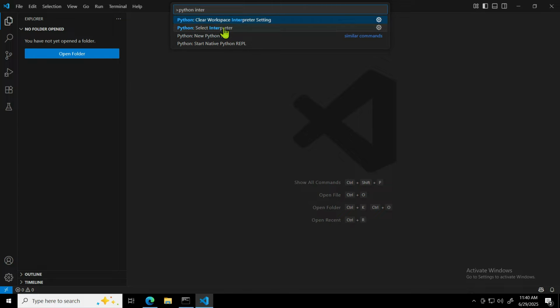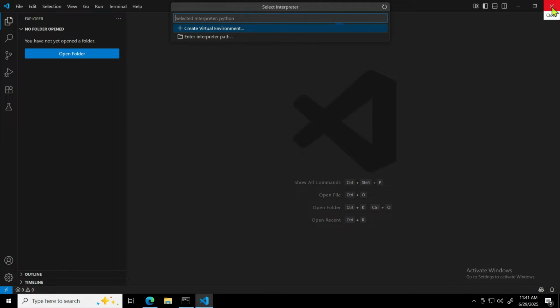You can see here, when you install, actually it should show a list of all the detected Python interpreters with their full path, but it's not showing. So let me